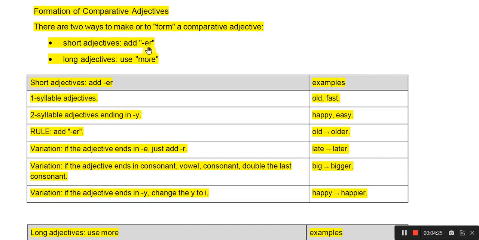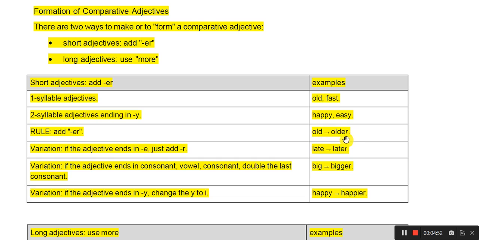Comparatives. Tenemos que recordarnos de esto. Van a haber dos formas, look at here. Algunas veces add ER, en otras veces more. Look at here, ER. If I have one syllable adjectives, cuando son así pequeños de una sola sílaba. If they have ending in Y, happy, easy. Okay, in this case, we are going to add